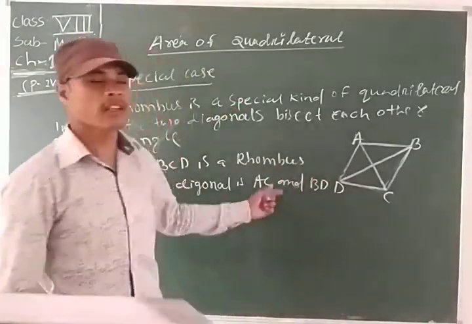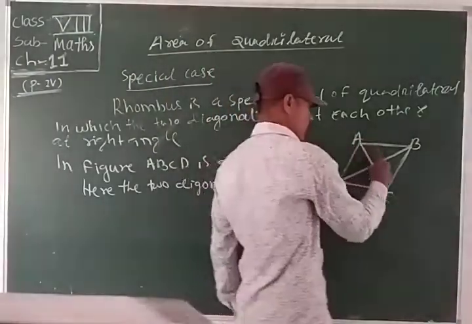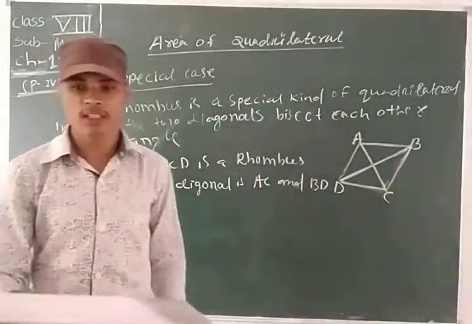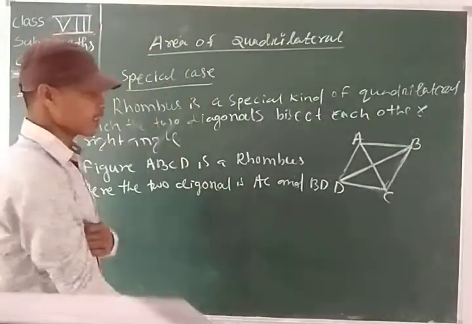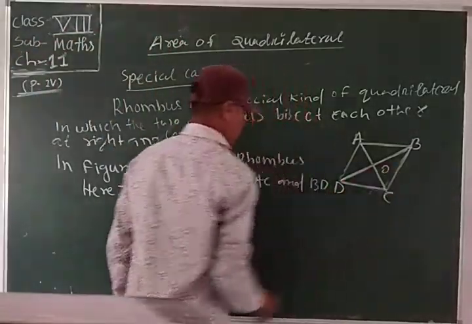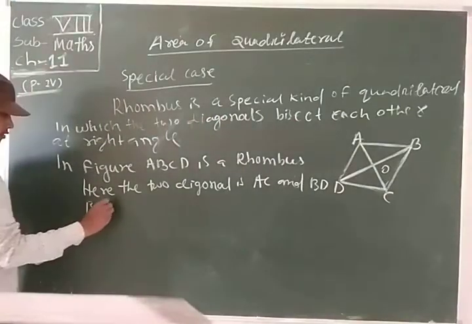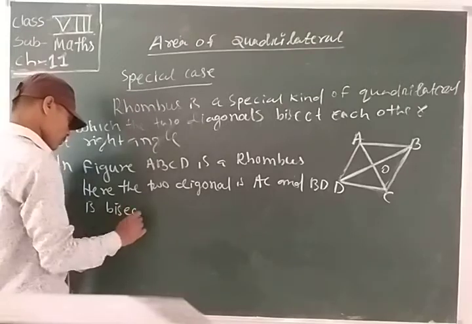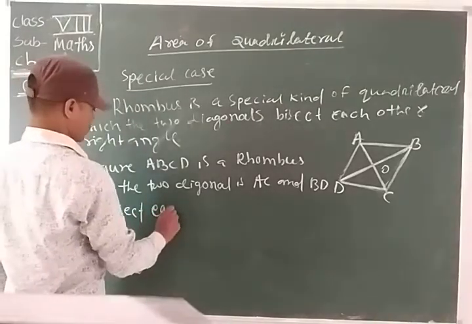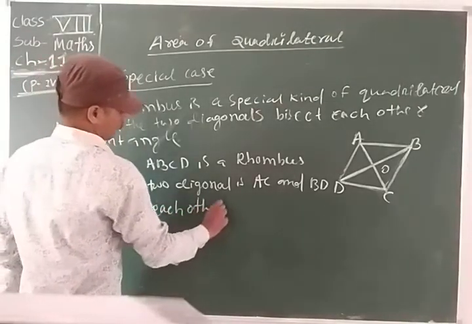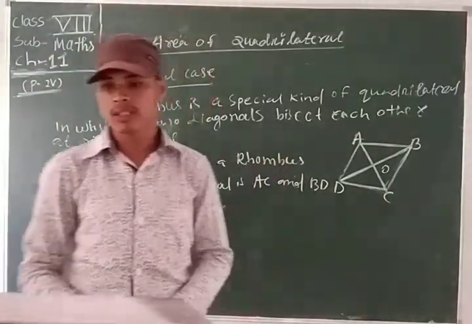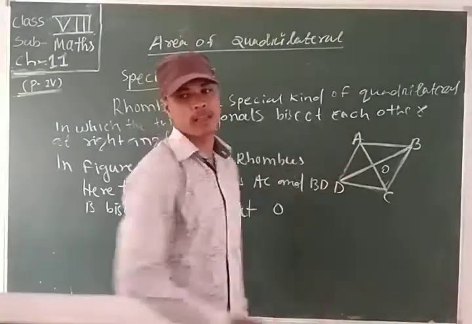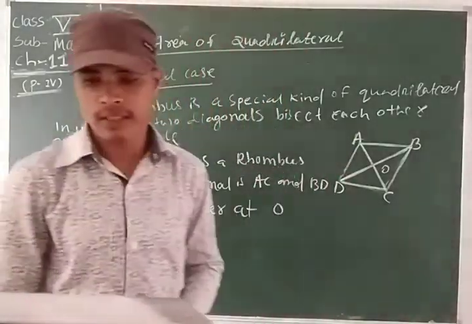AC is one diagonal and BD is the other, and they bisect each other at O. Then we can say that